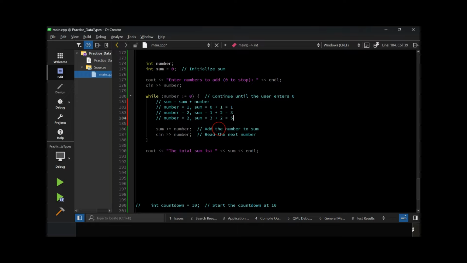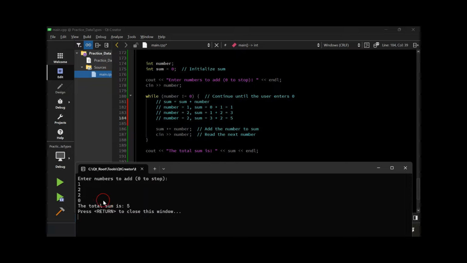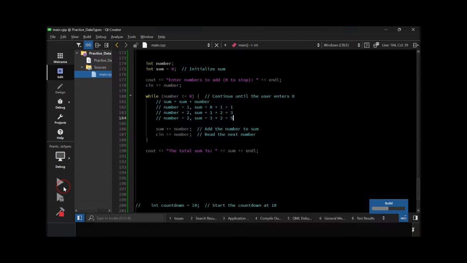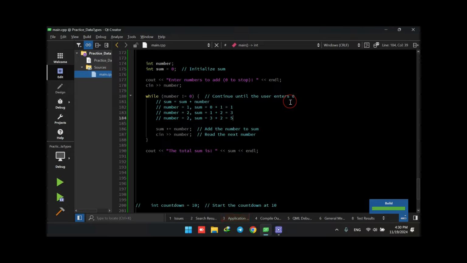It asks me to give a positive number. So if I enter a positive number, the loop will finish. So 1 and then 2, it prints, and then outputs a line saying thank you, you entered, and exits the program. Let's print whatever we entered. Or if I give it a negative number,